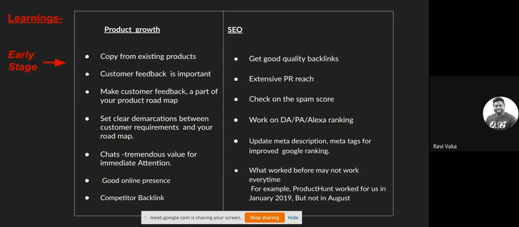Again, when you receive feedback from your customer about the features they need, it is important that you set clear demarcations so that you don't alter your roadmap. Make sure that your roadmap is not completely altered. Only 20% or 30% of feedback is considered from customers. If your roadmap is altered, you will never be able to build a product. Rather, you set parameters of communication properly and tell them this is how we want to work.